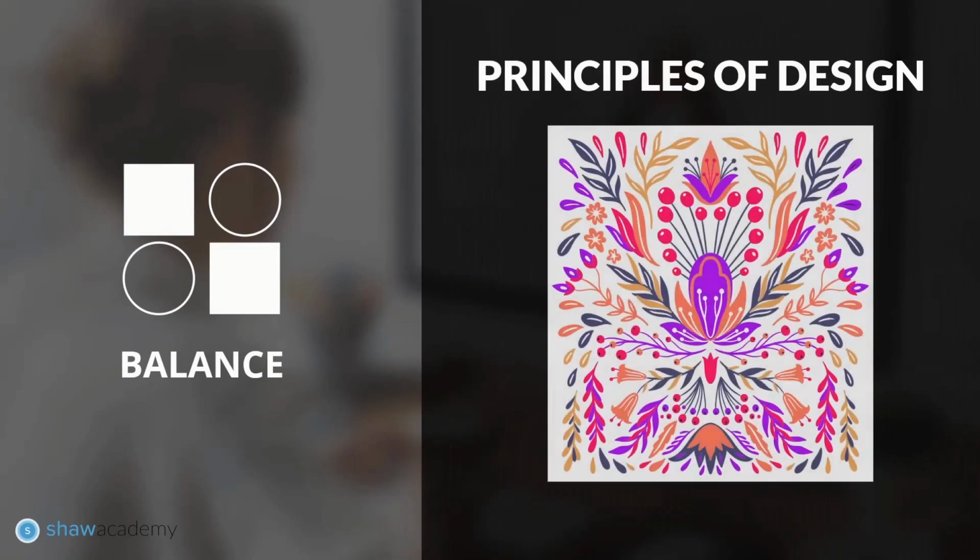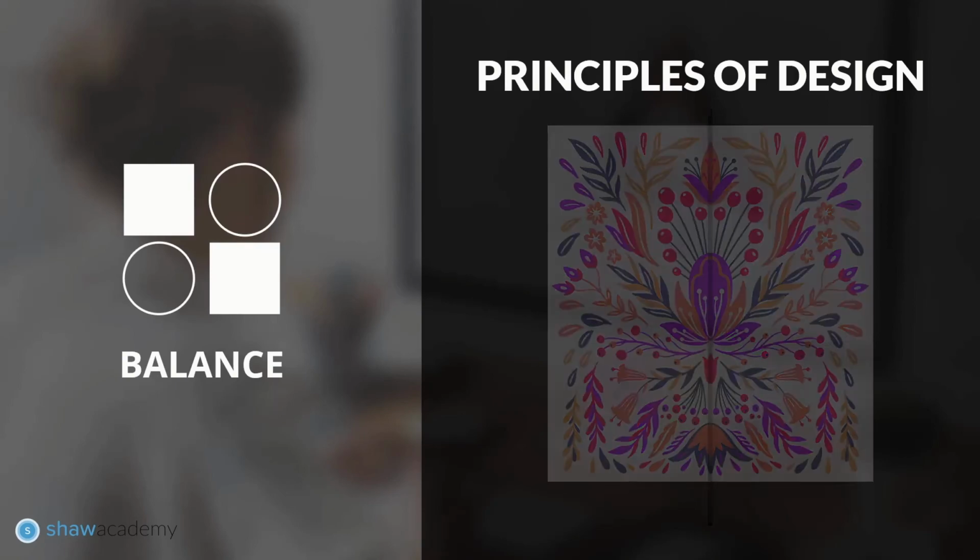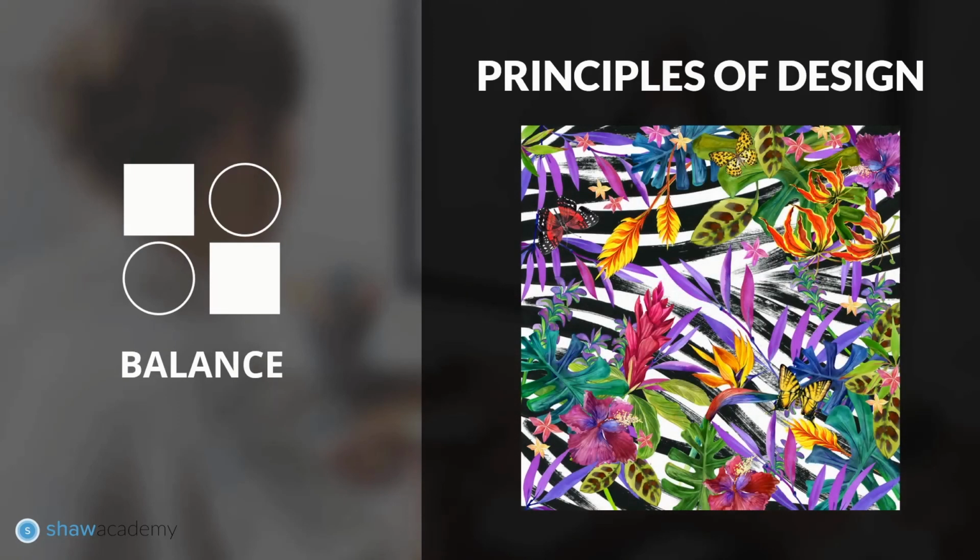What type of balance is applied in this example? It would be symmetrical balance. If we had to divide this composition vertically, both these halves would be mirrored versions of each other. The next example is a form of asymmetrical balance. By dividing this composition either vertically or horizontally or diagonally, none of the sides would mirror each other. However, they still form a balance due to the abstract repetition of elements.